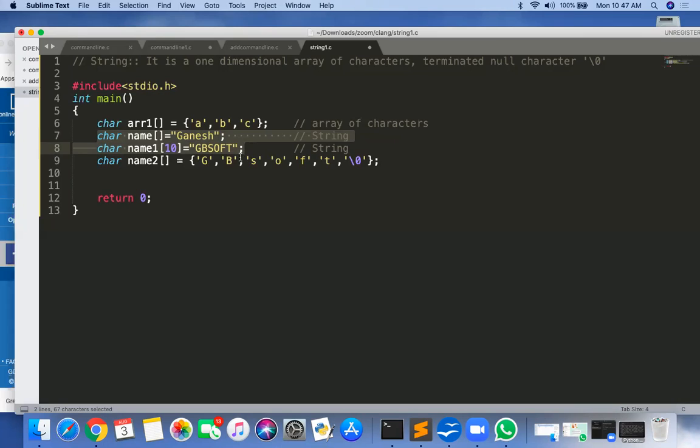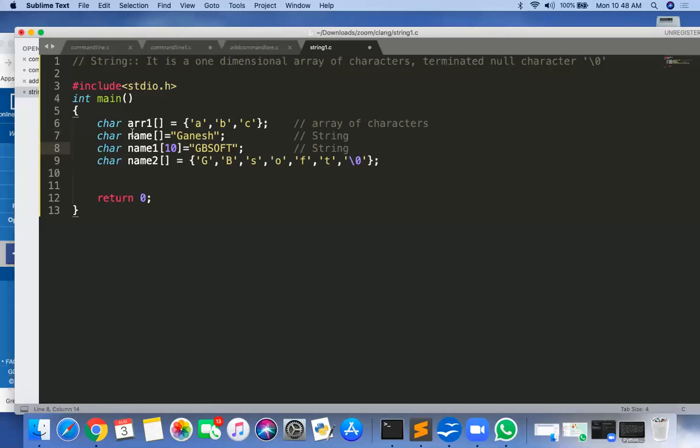Sir, yes, in the second one, we are storing the number of... Size is initialized and here it's not. In the first one, in this type of declaration, the size of this array is not given. Here, the size of the array is given. Size of the string is given, size of the string is not given.